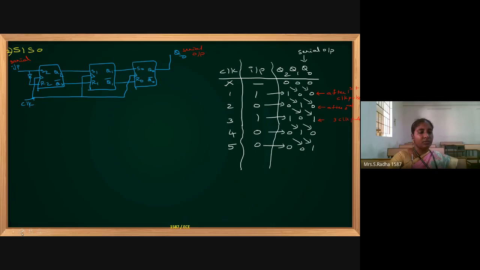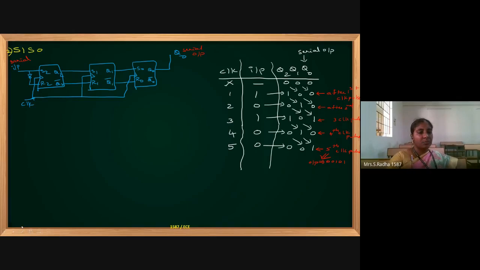If you analyze what is happening, after the fourth clock pulse, at the output we are ready with 0010. It has received 0010 after 4 clock pulses. Okay, after the fifth clock pulse, we are having output as 00101. This is the output after the fifth clock pulse.